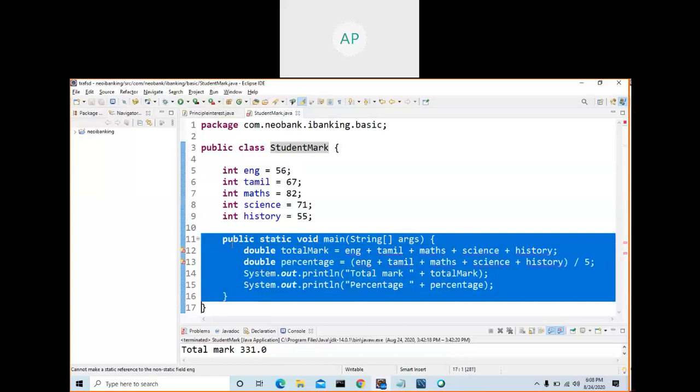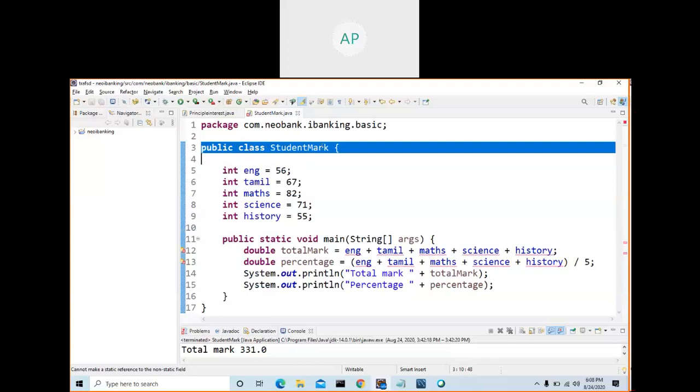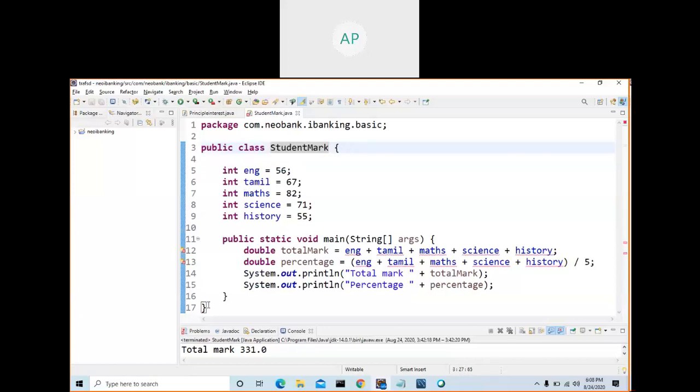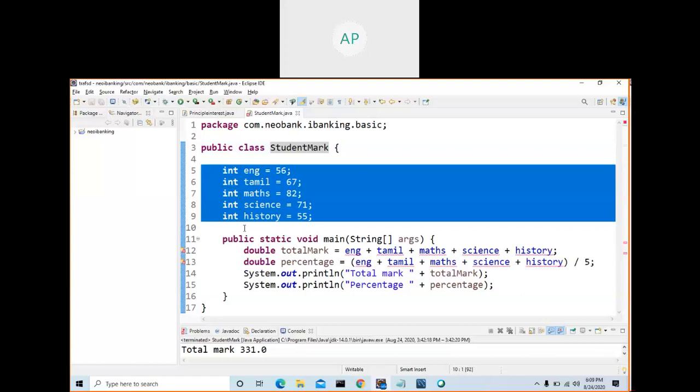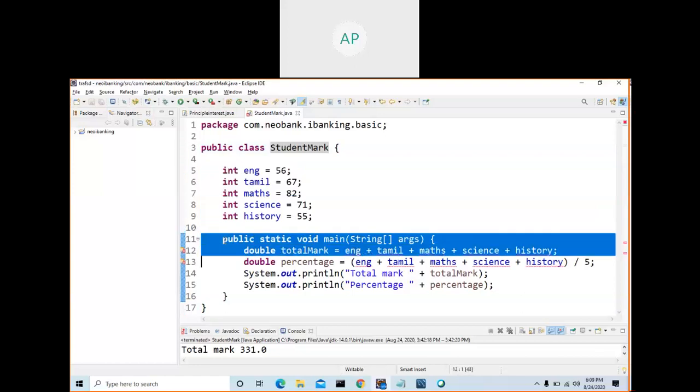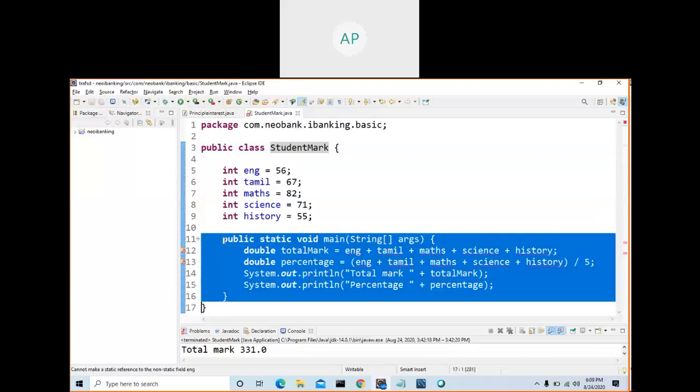So first of all, you create one class. Your class starts here, and your class ends here. In between this bracket, you are declaring variables and methods. You don't know as of now what a method or a variable is, just have an idea. We will create a program right from scratch. By using this theoretical explanation, I am trying to make you understand what is a class, what is a variable, and what is a method.